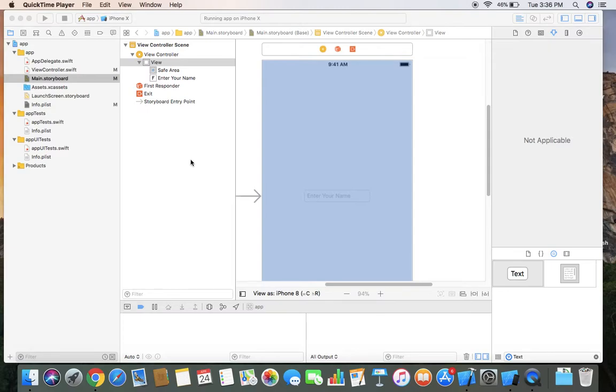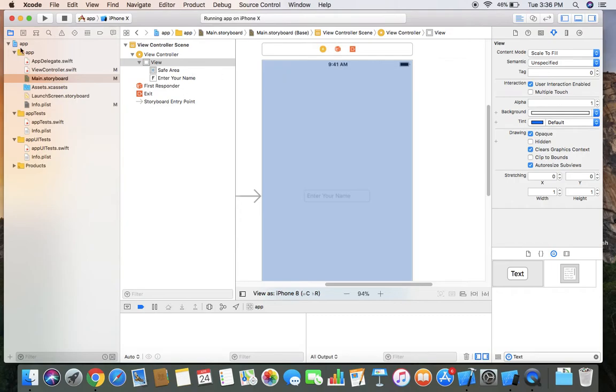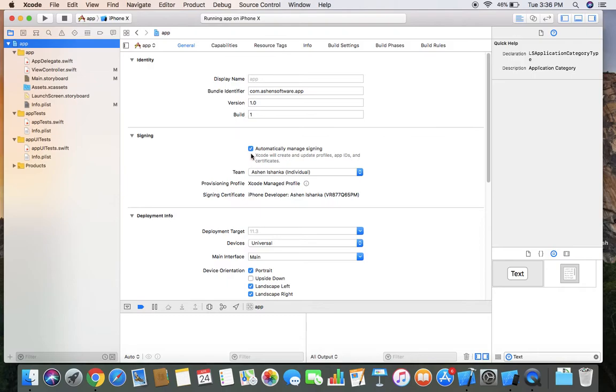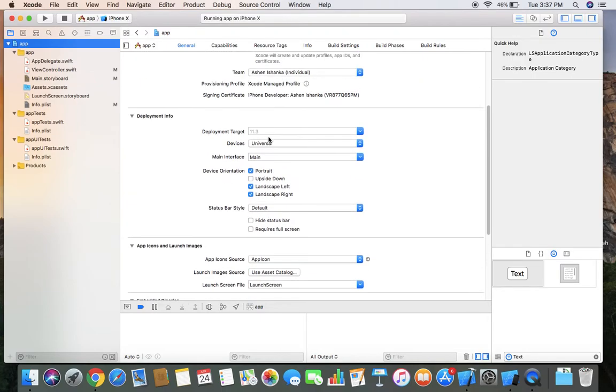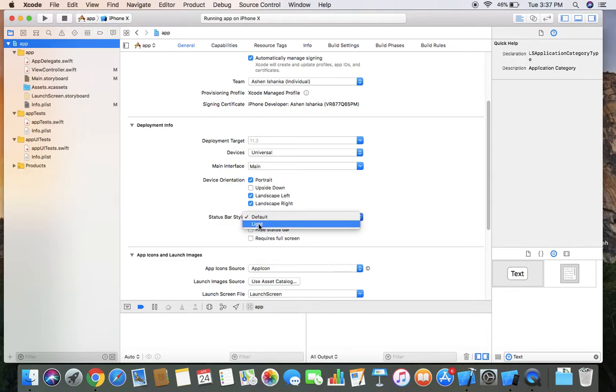Hi friends. So quickly I will show you how to change status bar color as light color. First you have to click the app name and you have to scroll for the status bar style, select and select light, okay, and go to your